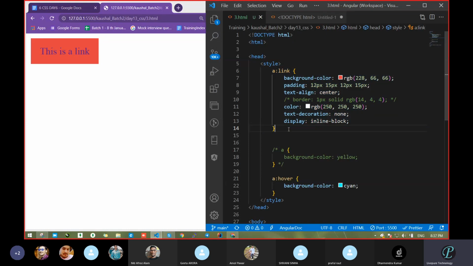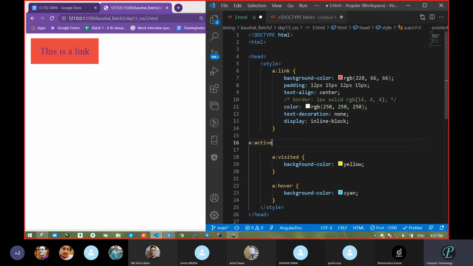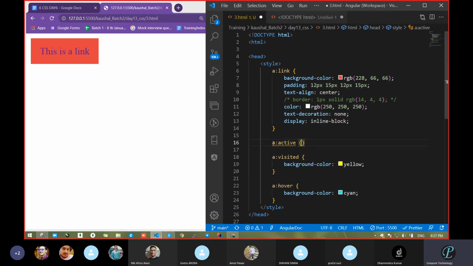What will I do? Which is the other property? Means another property is which one? Anchor tag visited, active, sir. Visited and active both. One is this property and then one more property, anchor tag active. But what I want is that while active, the background color should be like this.